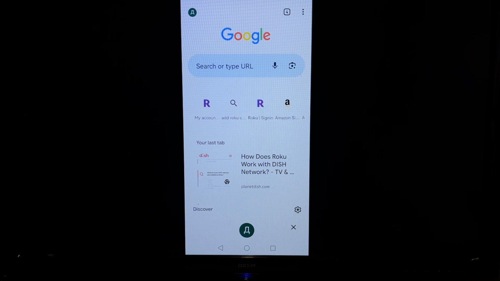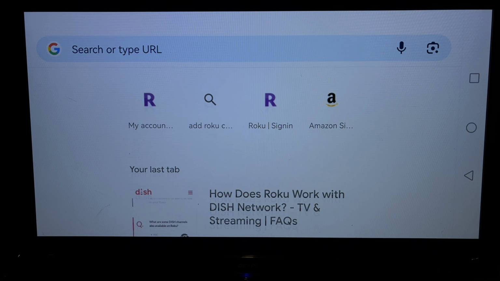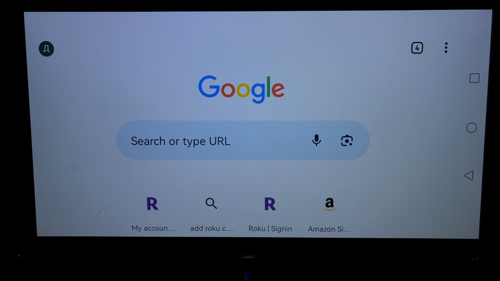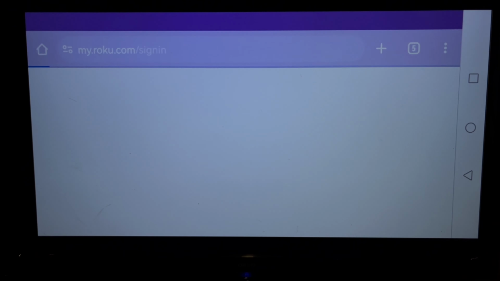Open browser or use Firestick or Chromecast with Google TV. The link to these devices in the description. That's it. Now you know how to get a browser on Roku